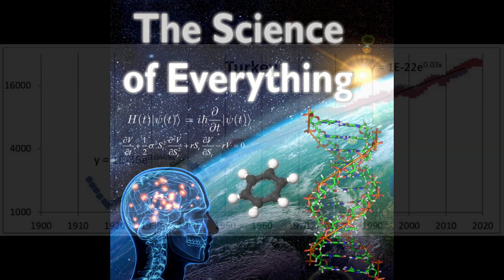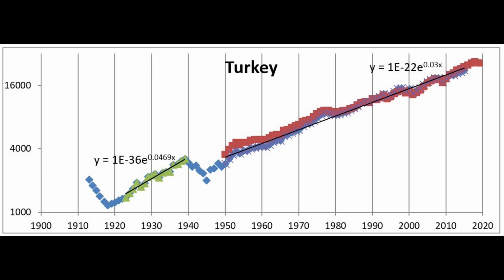Now let's talk about Turkey. Turkey is an interesting case in that, unlike the Soviet Union or Mexico or other countries, since the end of World War II, its growth has been remarkably consistent at about 3% a year, pretty much bang on. Obviously, there are some ups and downs, but if you just draw that line on the exponential graph, it's pretty straight.